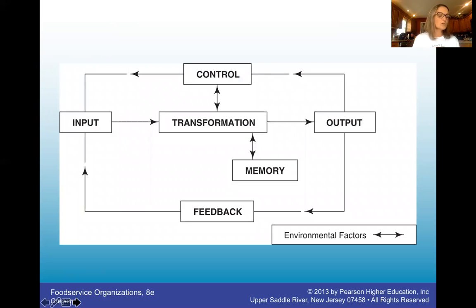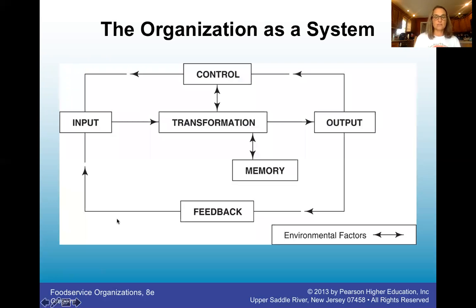Okay, so if we look at this organization as a system, we have major parts of the system include input, transformation, output, and other parts include control, memory, environmental factors, and feedback. So input of the system is things like human, physical, or operational resources that are going to be needed to accomplish the goal. Transformation involves any action or activity used in changing input into output, so like food production. The output is the result of the transformation,